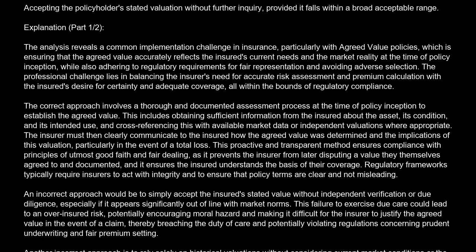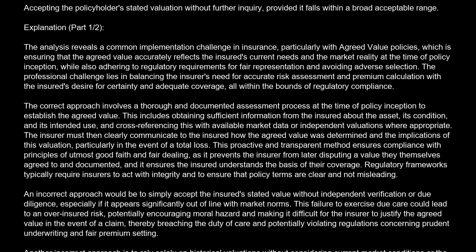This proactive and transparent method ensures compliance with principles of utmost good faith and fair dealing, as it prevents the insurer from later disputing a value they themselves agreed to and documented, and it ensures the insured understands the basis of their coverage. Regulatory frameworks typically require insurers to act with integrity and to ensure that policy terms are clear